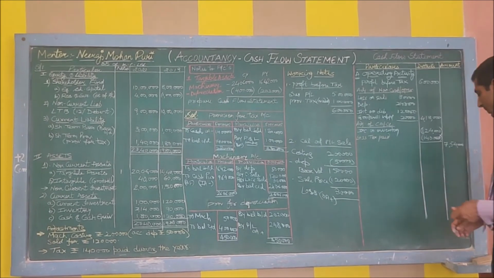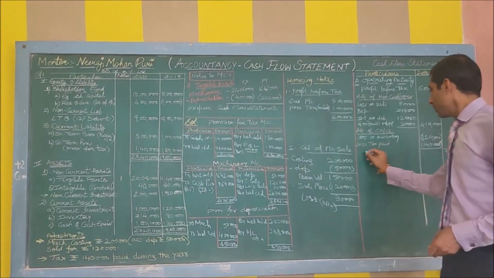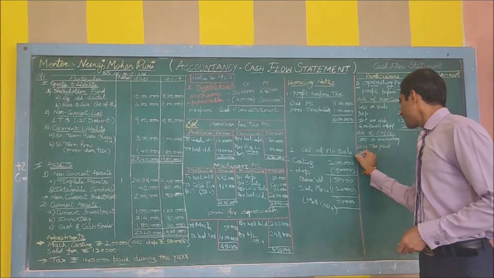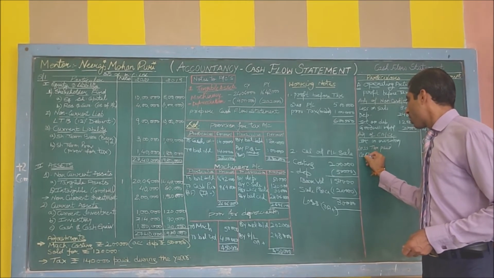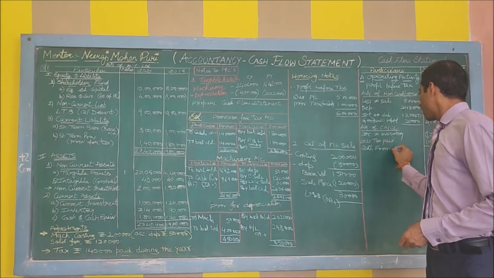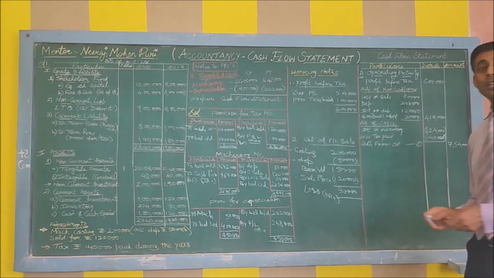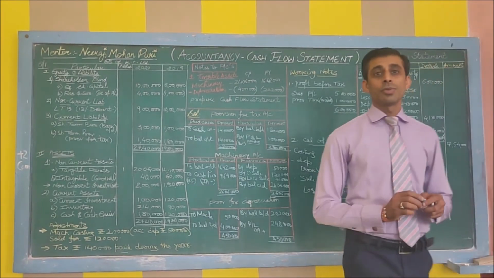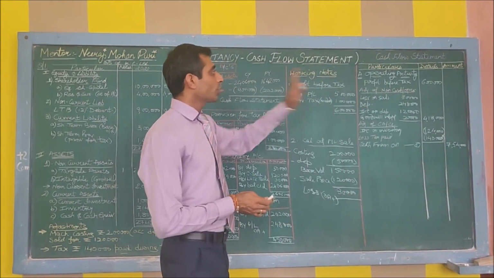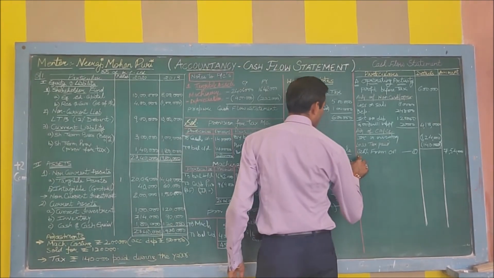This would be labeled as cash from operating activity, because it is positive. Equation number 1. It's important to label it as equation 1 or 2. With this, our first activity is finished. Now we will move to the second activity, the second part of the solution.